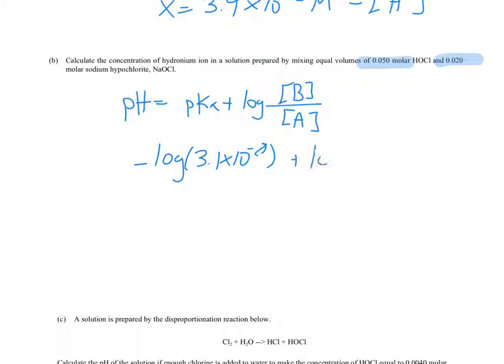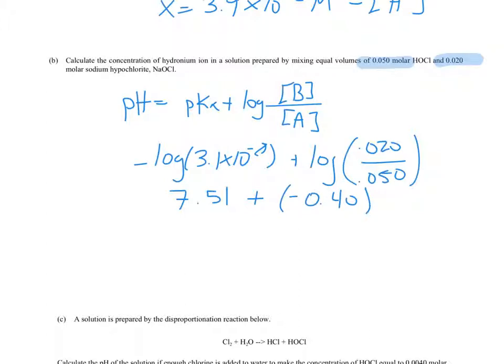And that's plus the log of my base, which is the 0.020 molar. That's this stuff right here, 0.020 molar sodium hypochlorite. That's the conjugate base of the weak acid. So that's the molarity of that, and the molarity of this is 0.05 molar. So if I just punch that into my calculator, the negative log of 3.1 times 10 to the negative 8th is 7.51. The log of 0.020 divided by 0.050 is negative 0.40. So if I just add those together, I will get